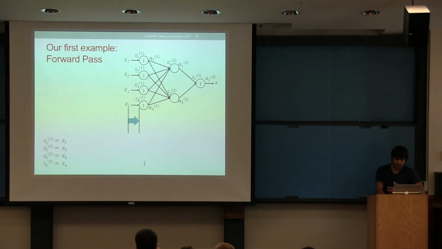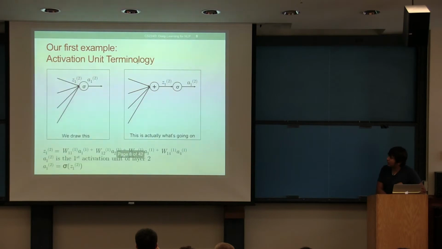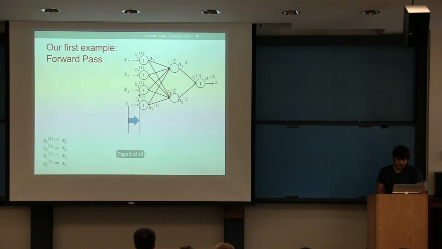All right, so let's talk about forward pass first. Here we see, I'm going to do it in a stepwise manner. We start with the inputs x1 through x4. This is a single vector again. Nothing really happens from this point to this point because the summation that we spoke of in this slide is just receiving a single input. So z1 does in fact equal x1 in this case.